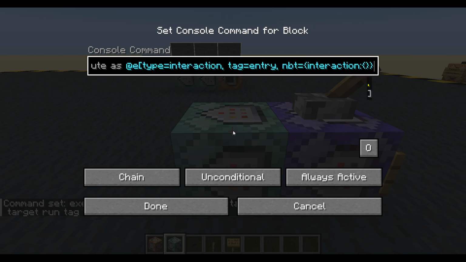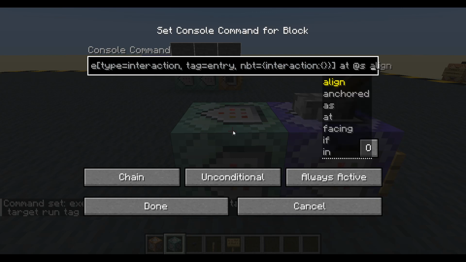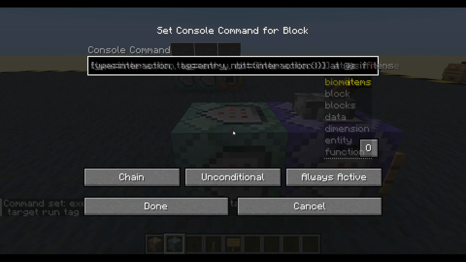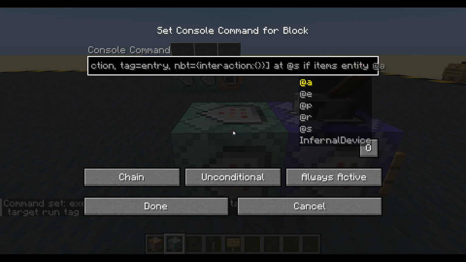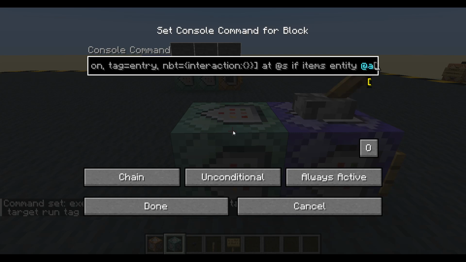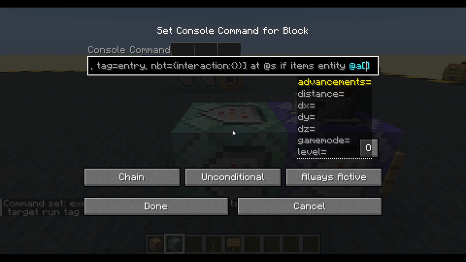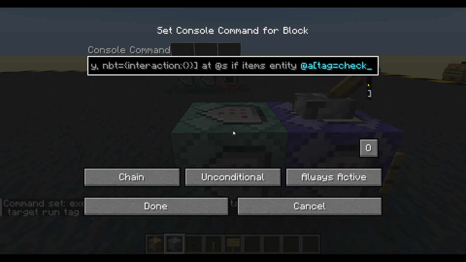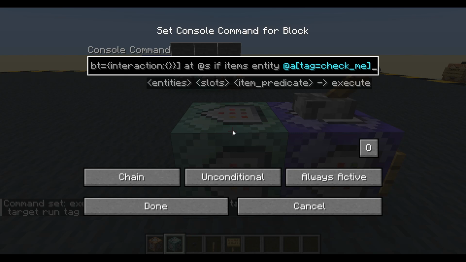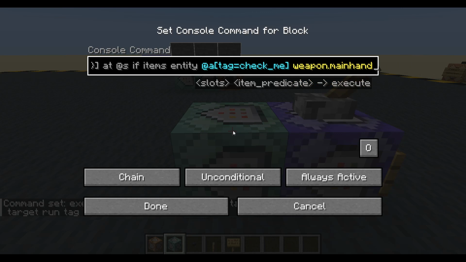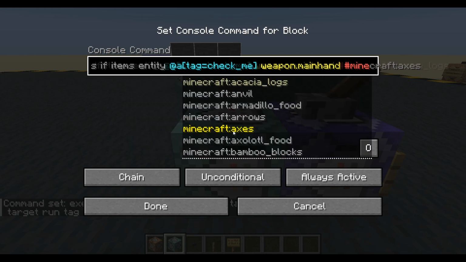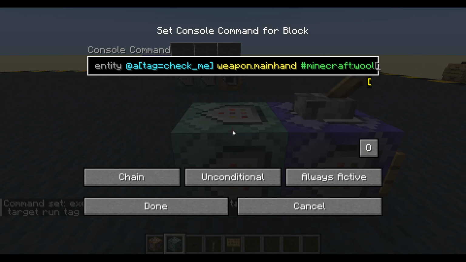We just want to know if they have one. At that entity, and here's the 1.20.5 bit, if items entity all players who are tagged equals check me in their weapon.mainHand is Minecraft wool. So if I'm holding any wool block, then I will run